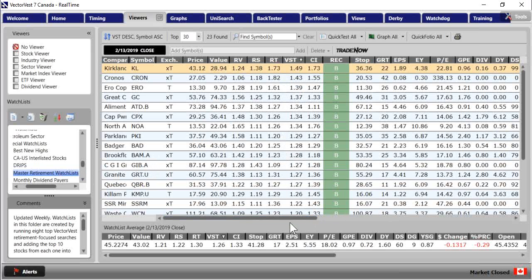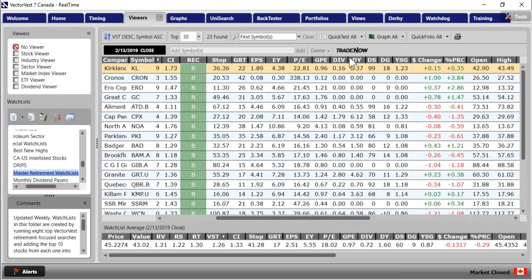Here they are here. If I slide over, you can see these are some of the dividend yields, but not everyone pays a dividend, but these are growth stocks. And how well have they performed? You can see down in the bottom, the average relative safety is 1.22. Their average relative value, which is the growth of the price and earnings, is 1.21. And value, safety, timing, 1.26. If I right-click on that,